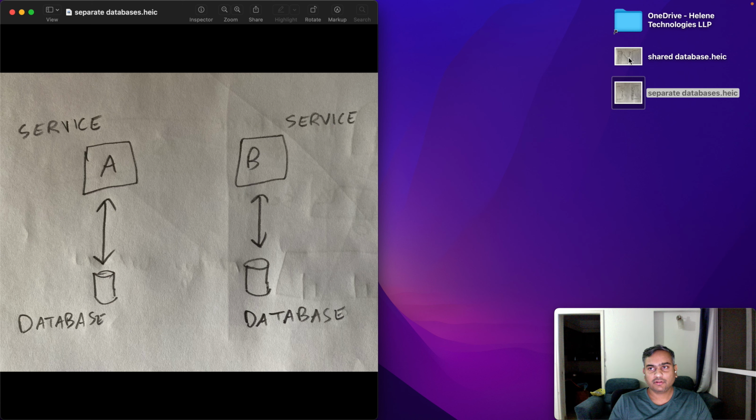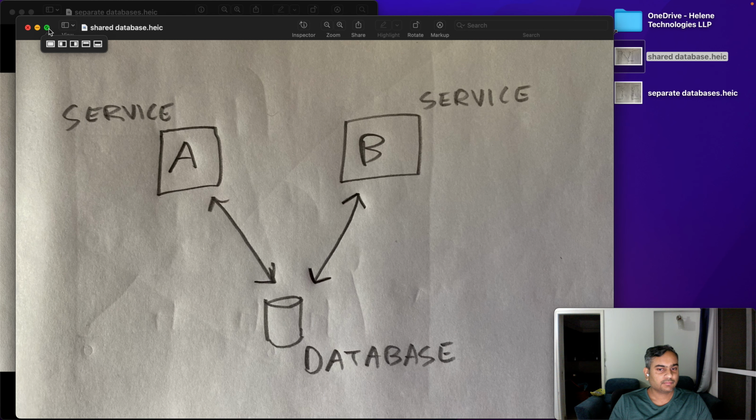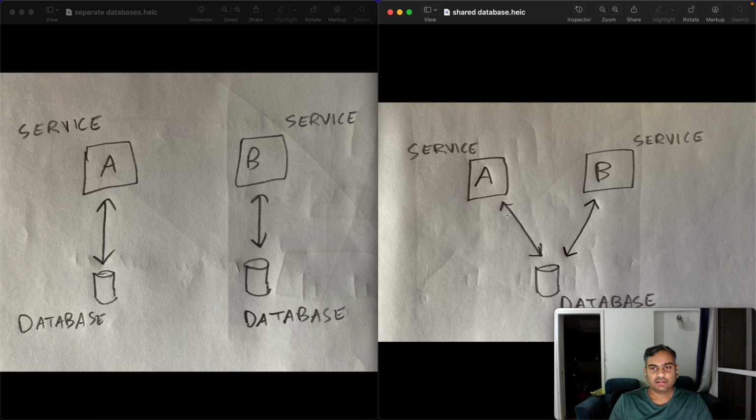The other point of view was that you should have only one database. Which of these points of view is correct? The answer is, or at least my opinion is,